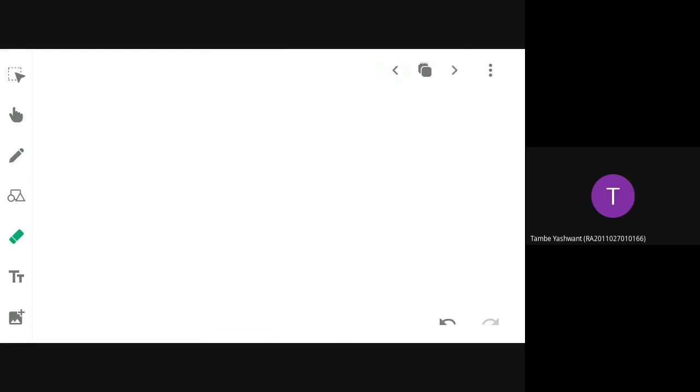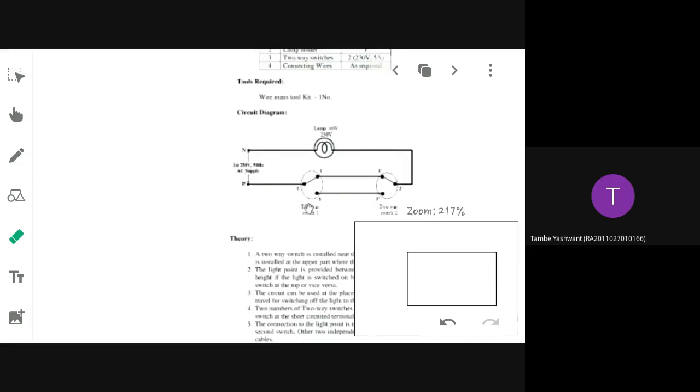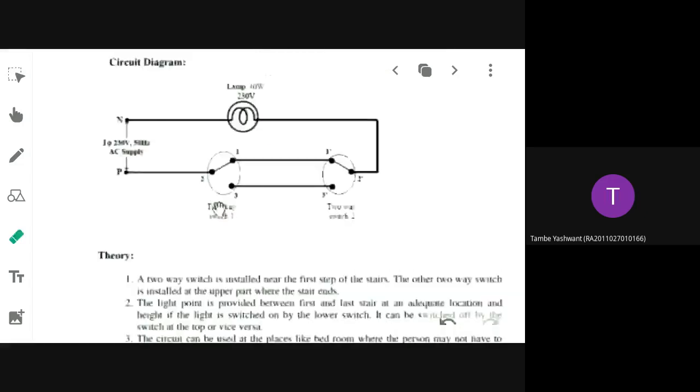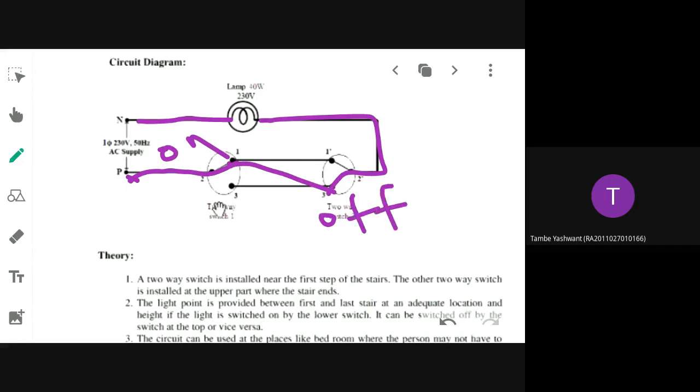I think only one connection is given, but there is another way of giving connection also, that is cross connection. That I will tell you how. Ma'am, but cross connection will lead to short circuit, no? No, okay, like this if I am connecting. So this is on, this is off, but I am connecting 1 and 3 dash. So circuit is closed or not closed?